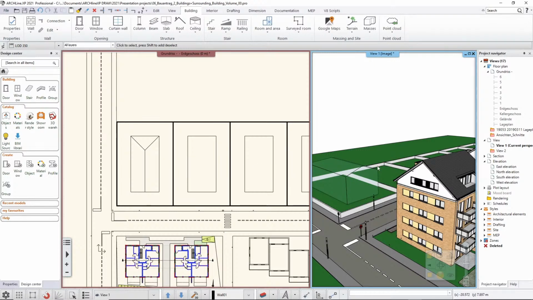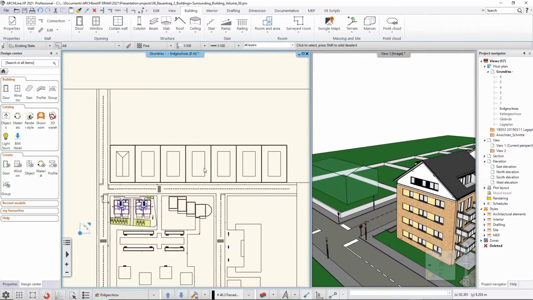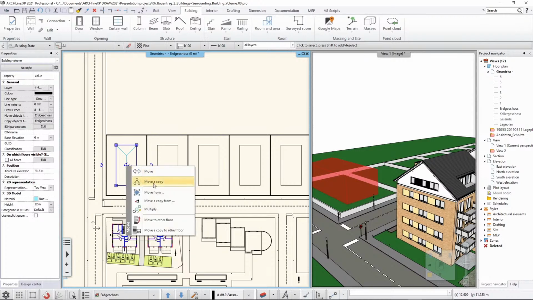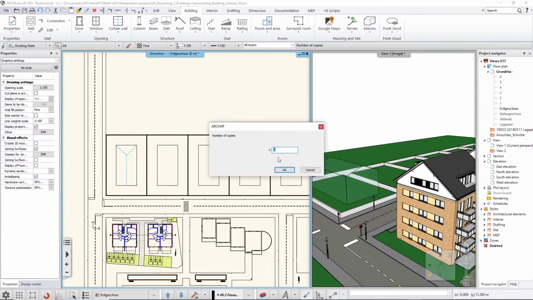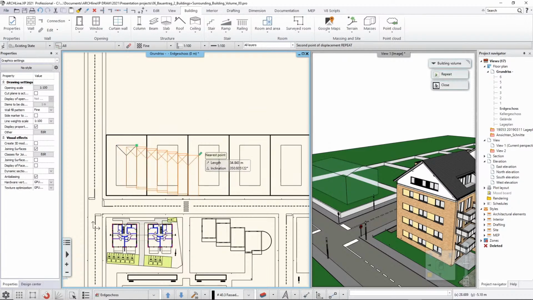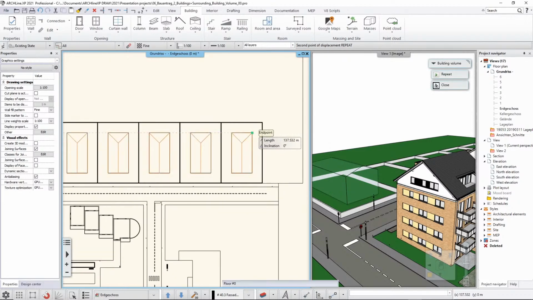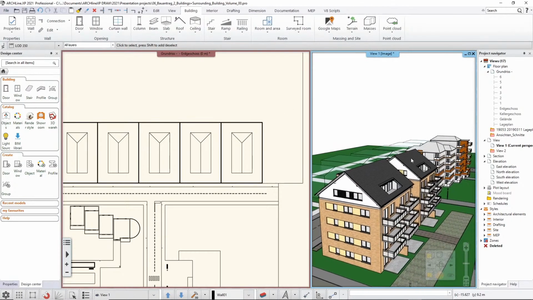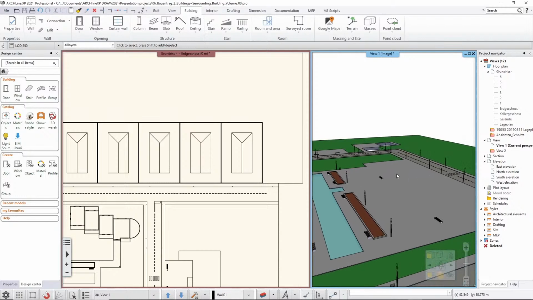And I actually would like to create 6 more copies of this building. So I just select it, and I click on this one and click on multiply. I would like to see 6 more copies, altogether 7. And then I click on this edge, and I will create the rest of these models with a simple click. So this is it. I actually have those,